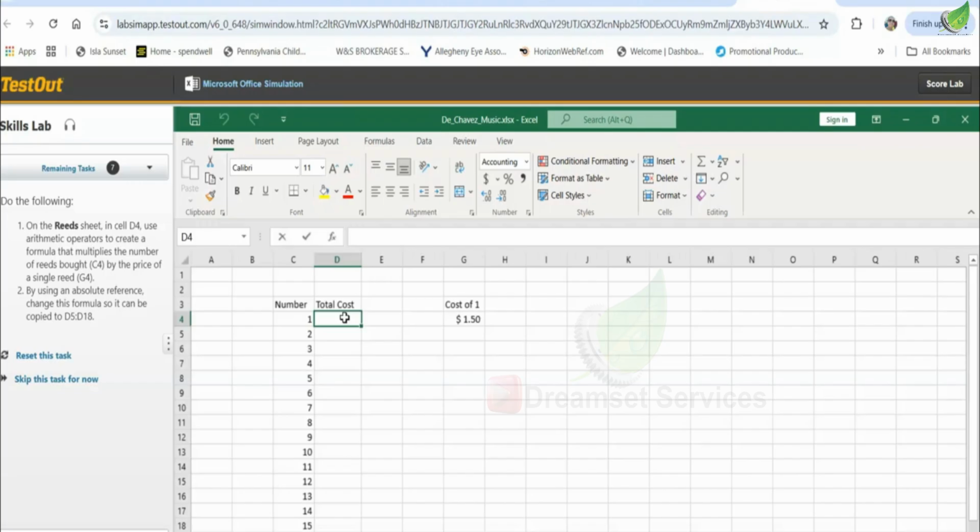So with this one, we're going to do the equals, and we're going to click in C4, and we're going to multiply it by G4, and then we're going to press F4,